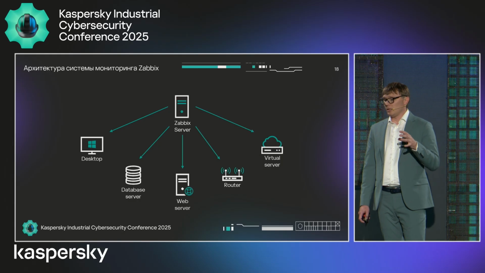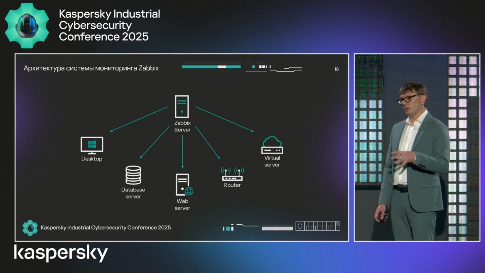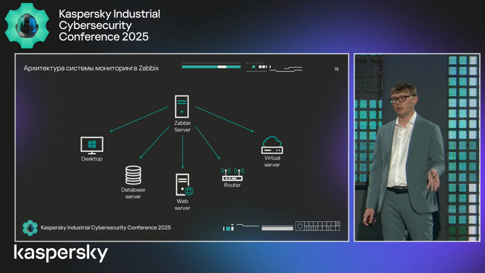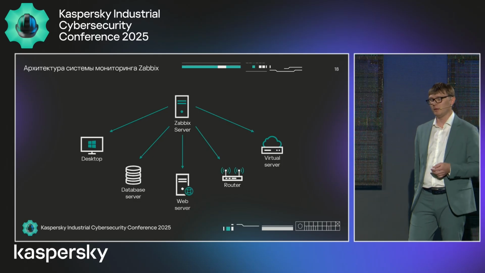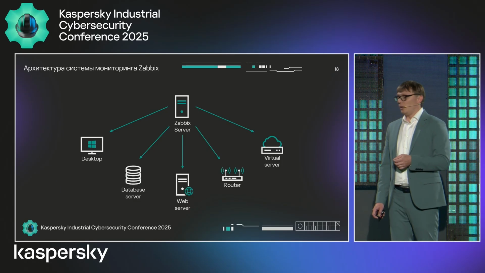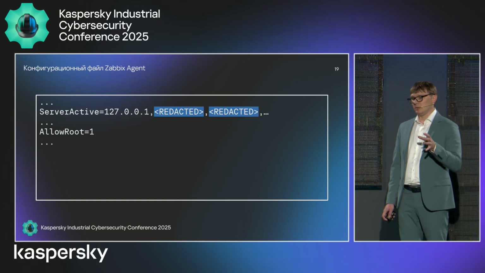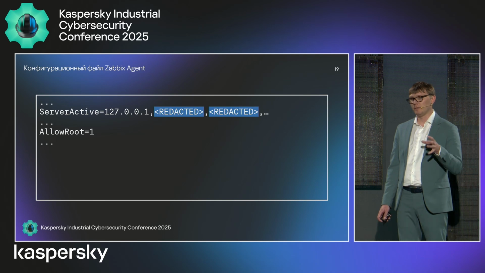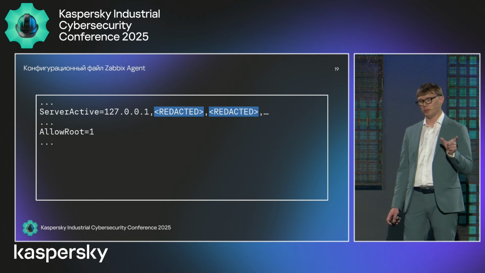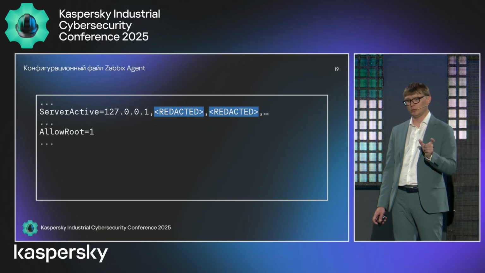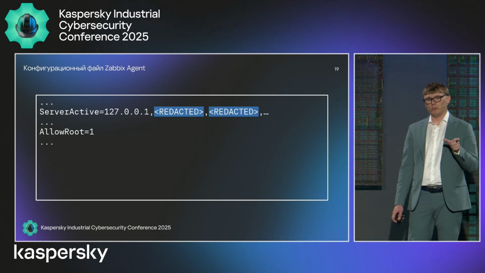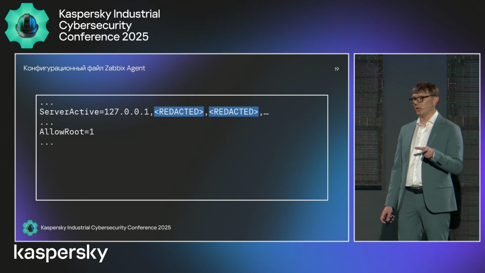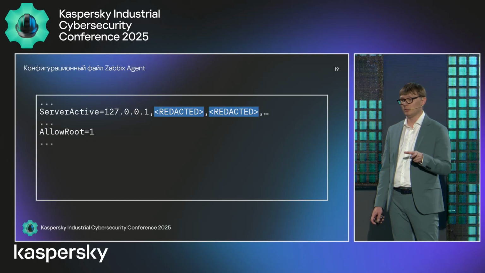We found that Zabbix was used for monitoring the servers. For each server, there was a Zabbix agent, and the Zabbix server accesses the servers, collects the metrics, comes up with alerts and so on. In order to limit access to the Zabbix agent, there was a setting for the active server, from which we can enter and access Zabbix and send commands.